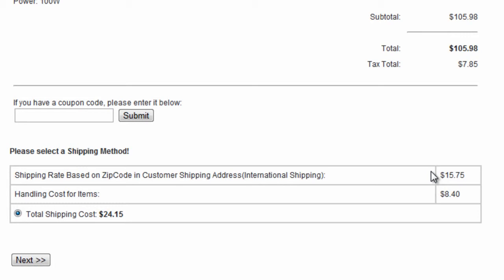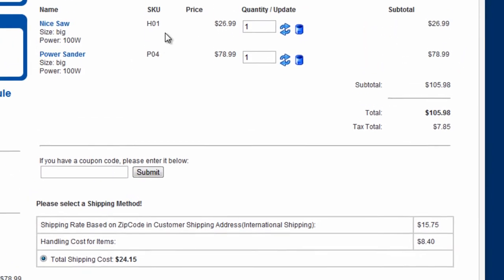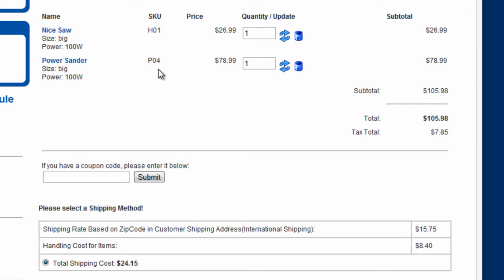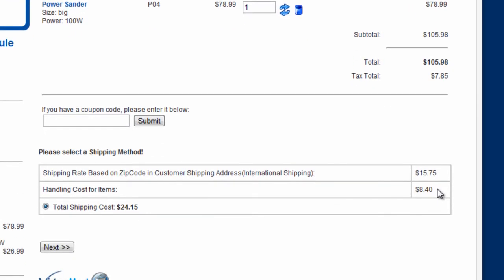It is $15.75. Also remember, on the back end we were charging $3 for a nice saw and $5 for one power sander. That's $8. That $8 is right here. But again, since we're applying 5% tax to it, $8 times 5% is $8.40. So the total shipping cost is